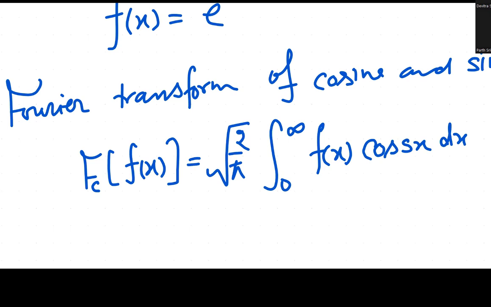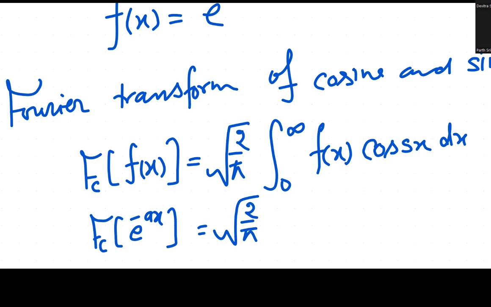And Fourier cosine transform, and f(x) is e to the power minus ax. So let us put it here. Instead of f(x), we are taking e to the power minus ax and cos sx dx. Now, by using